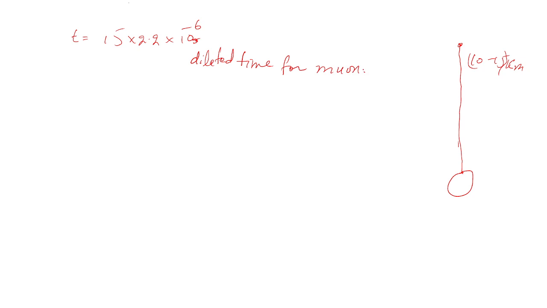Okay, we calculated that the distance covered by the muon is equal to Vt, and this distance was 10,422 meters, which lies in this range. But we observe this experimental observation